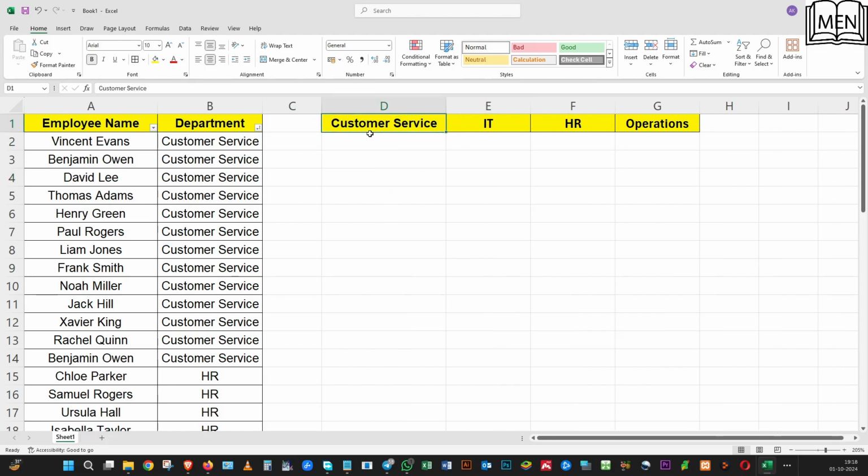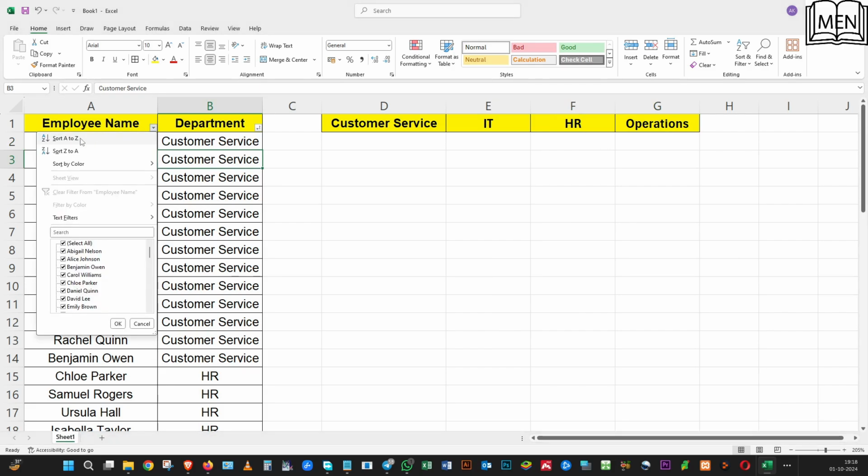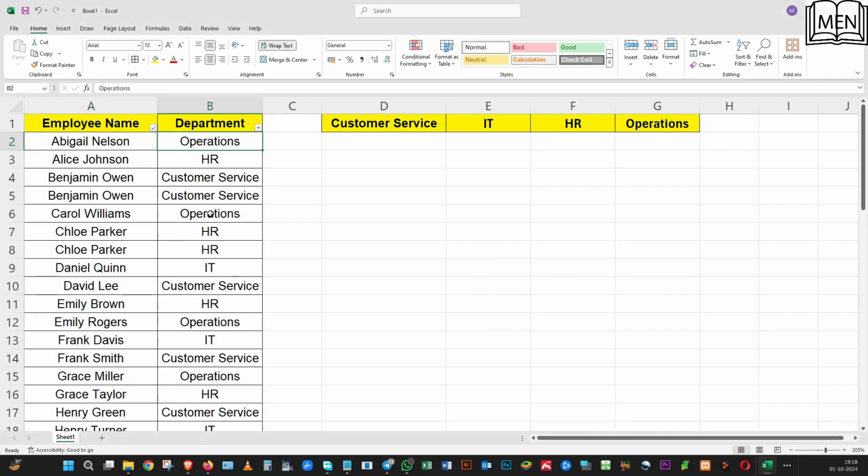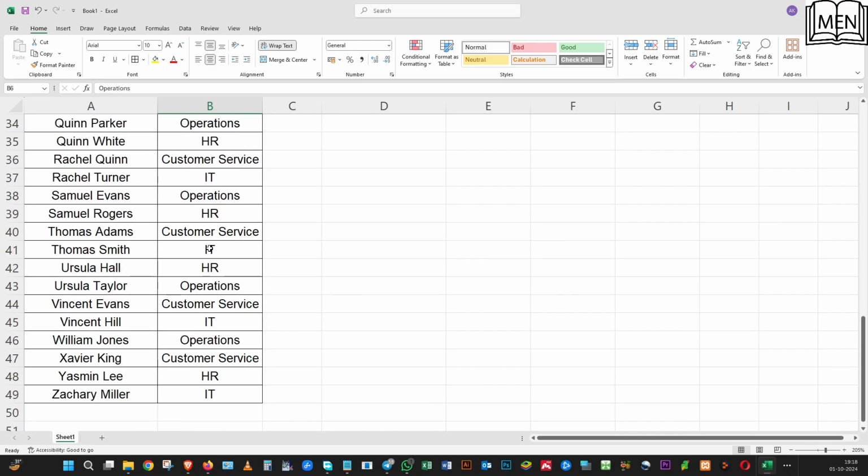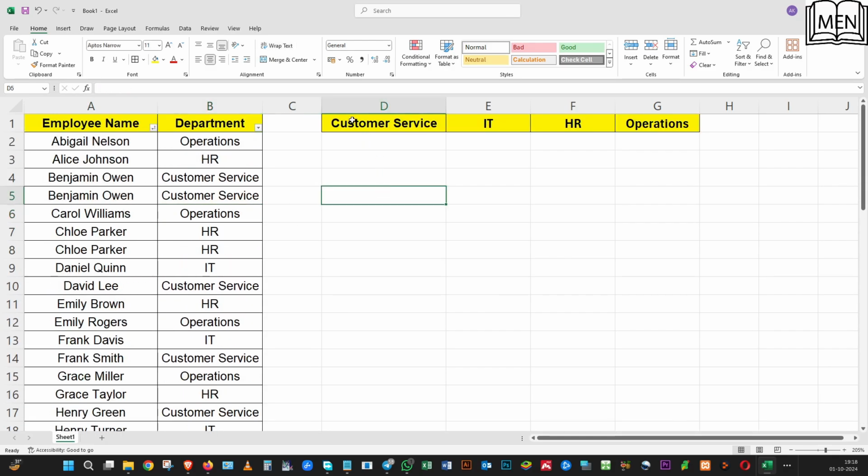So I need all the people from customer service here, all from IT, HR, and operations. To show you how it is done, I'm going to quickly go ahead and sort my data again on employee so that they are not in a particular order, right? Perfect. So now in customer service, right here in cell D2, I'll start by equals to